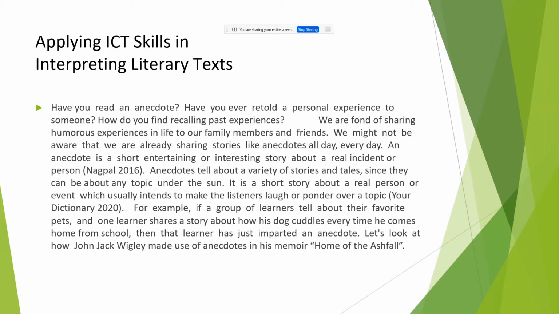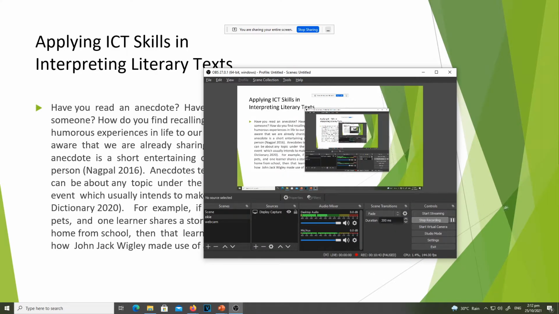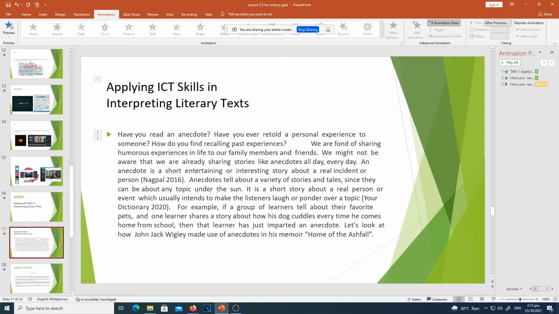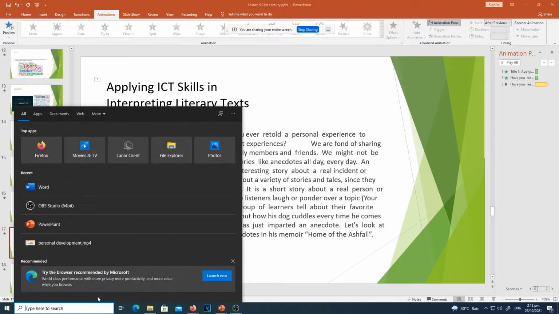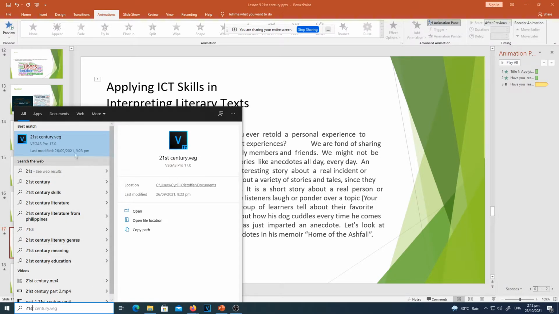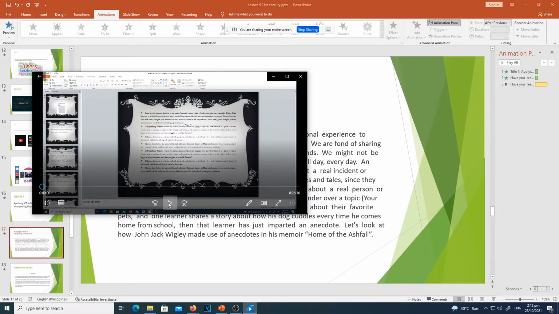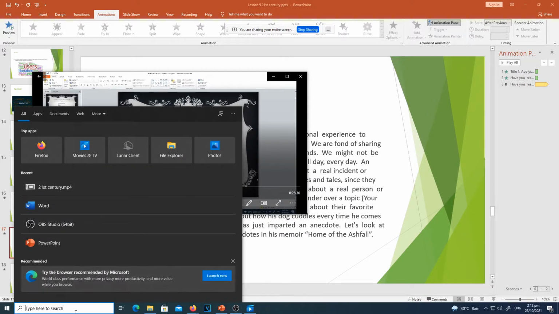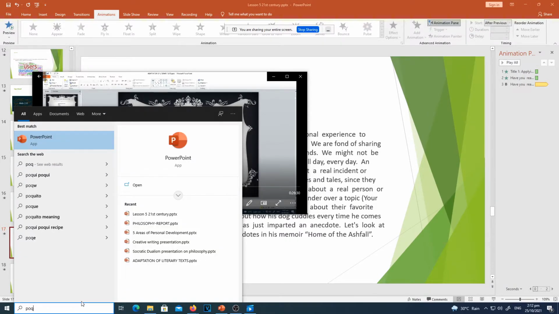Okay. Thank you. So, ito ang aking isang example sa ICT skills. Ito pong isa. Ito po yung gumamit po ako ng Microsoft. Doon sa mga pinag-aralan pa, ito po yung mga ginamit kong ICT skills. Naggawa po ako ng mga PowerPoint. At pwede po ako maggawa doon sa iba.